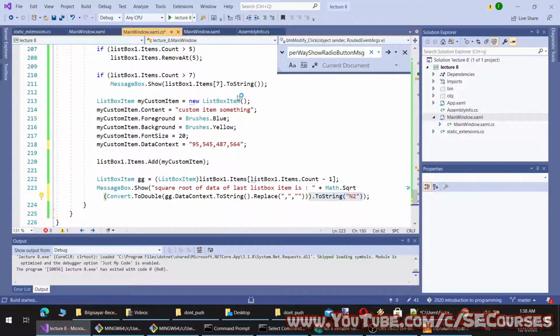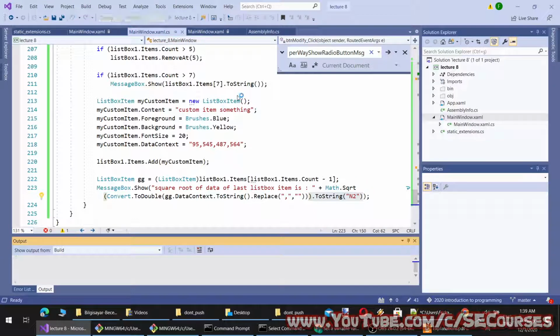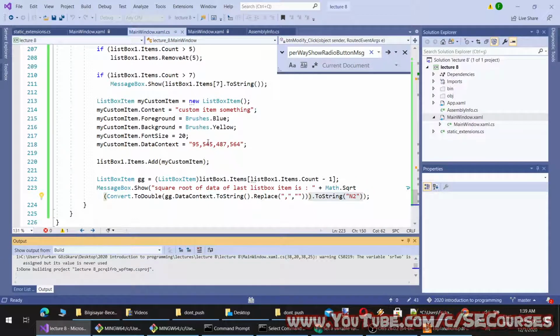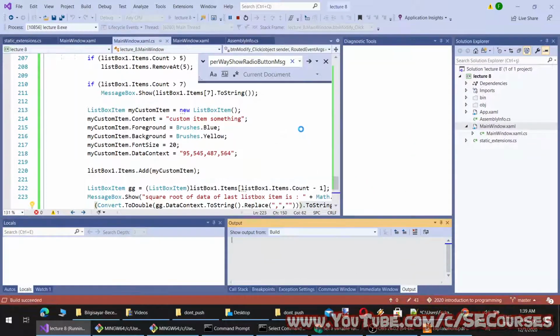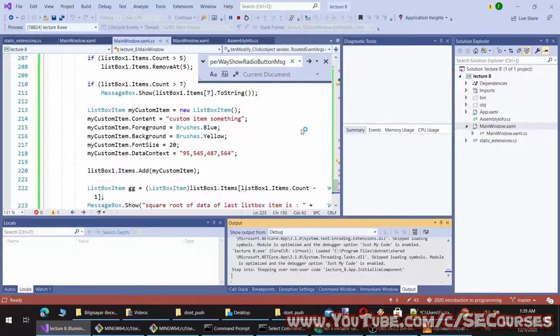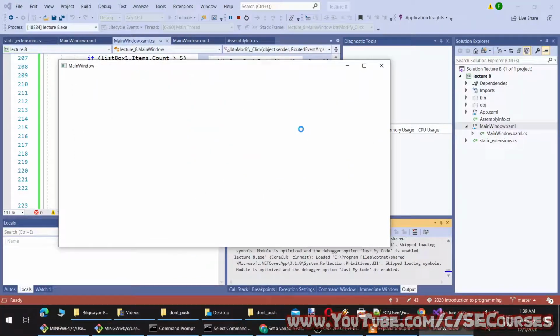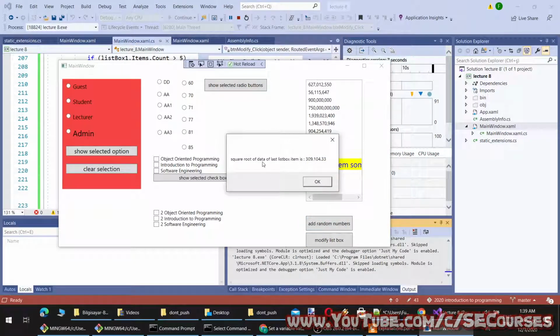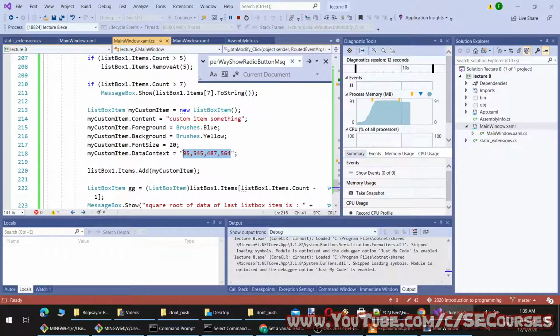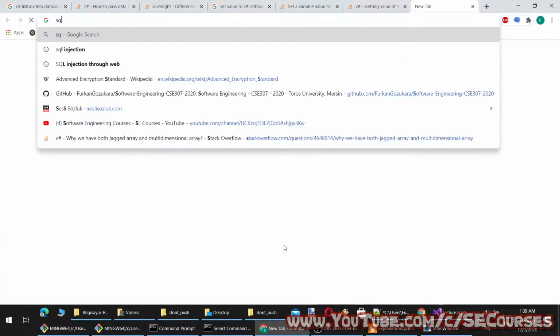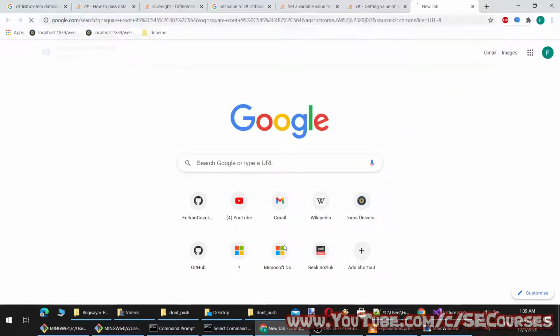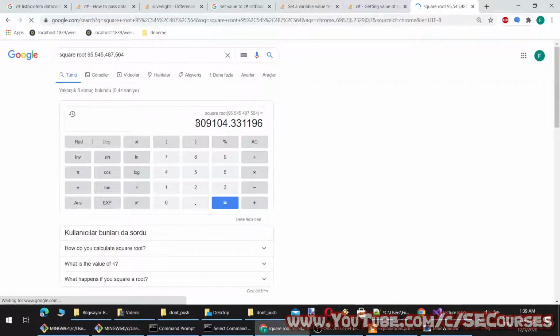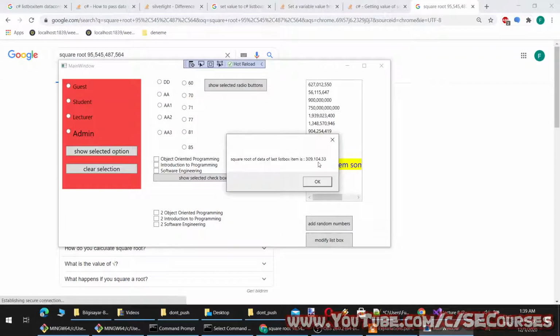Okay, so let's check it out. Let's check the square root of this number. Okay, this is the square root. Let's verify it from Google. Yeah, this is the square root, and this is the value we get.